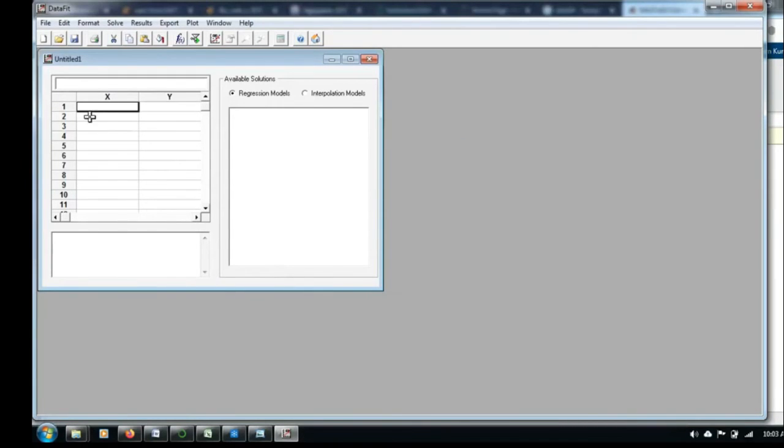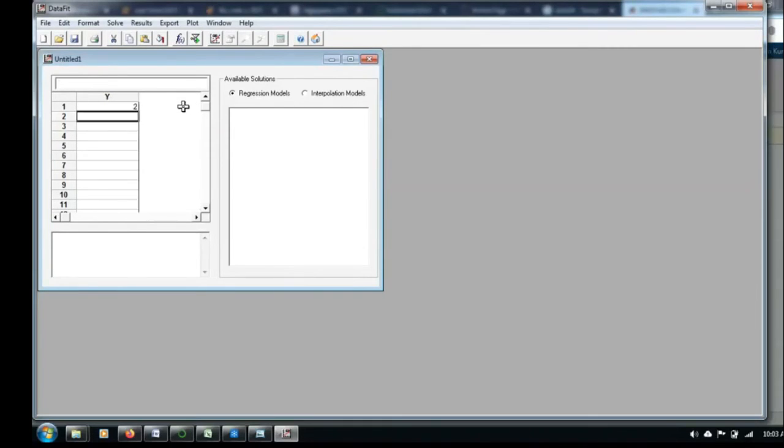Now I will give some data here. I am entering some values which are known to me. For example, for x: 1, 2, 4, 7, 8. I have given five values as x inputs. Now in the y, I am giving values like this: 2, 3.01, 3.01, and when x is 4, I am giving it as 4.99.